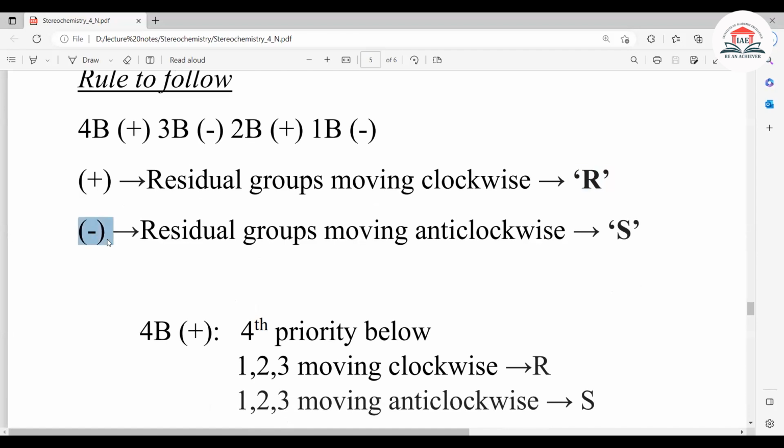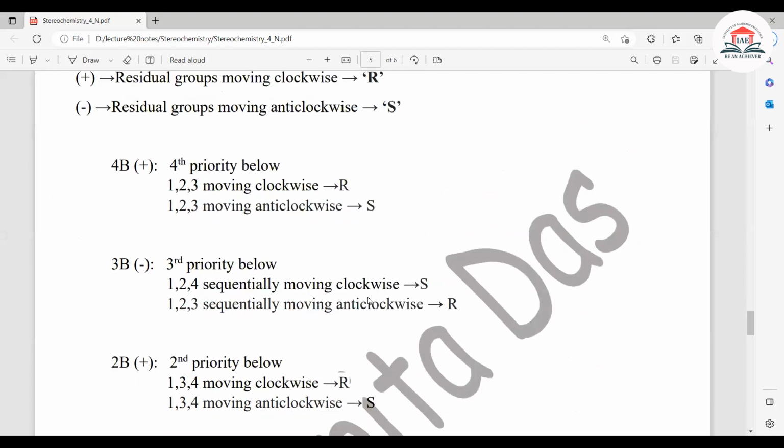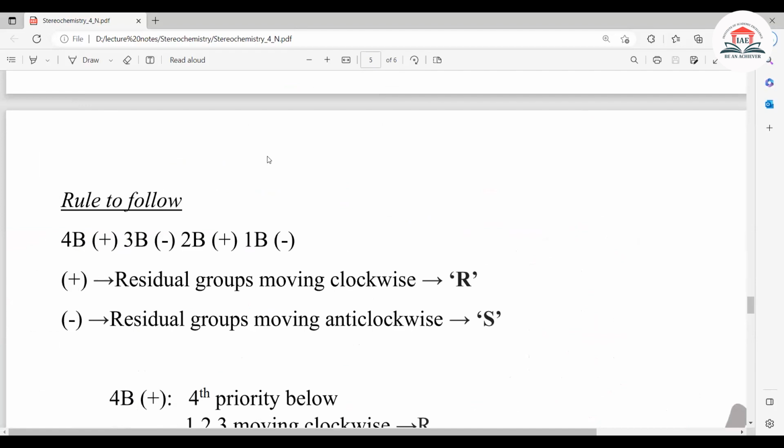আর রেসিডুয়াল গ্রুপস যদি অ্যান্টি ক্লকওয়াইজ ঘোরে মাইনাসের ক্ষেত্রে, ঠিক আছে, তখন সেটা, এক সেকেন্ড দাঁড়া, আমি ভুল লিখেছি নাকি? হ্যাঁ এটা ভুল লিখেছি, এটা আমি নোটে ঠিক করে নিতে হবে, এটা তো পিডিএফ, এখানে আর আমি ঠিক করতে পারবো না। হ্যাঁ, রেসিডুয়াল গ্রুপ মুভিং, এটা অ্যান্টি লিখে ফেলেছি ভুল করে, এটা ক্লকওয়াইজ হবে। বুঝলি, এটা মনে রাখবি। এটা ফোর্থ নোট। এটা অ্যান্টি হবে না, এটা শুধু ক্লকওয়াইজ। লিখে রাখ এটা, না তো ভুলে যাবি, ক্লকওয়াইজ হলে এটা এস হবে।